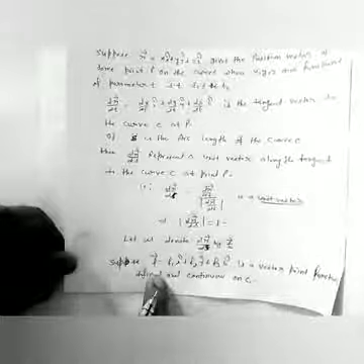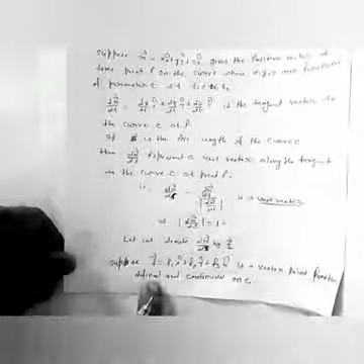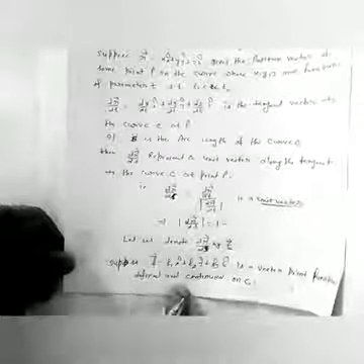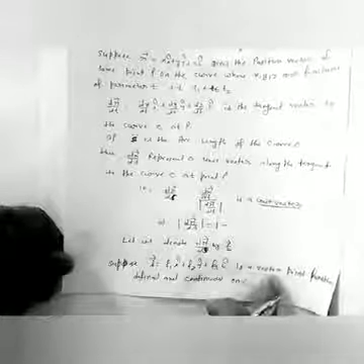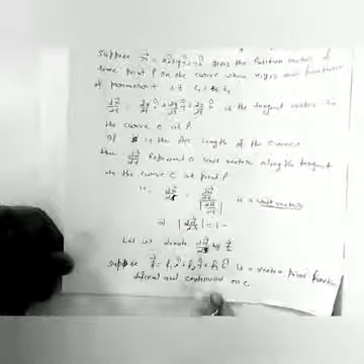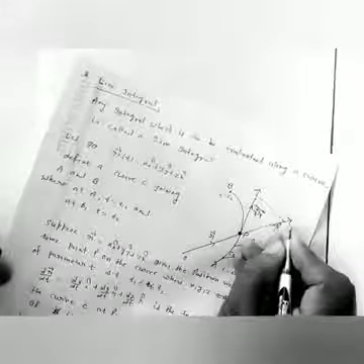Suppose f1 i cap + f2 j cap + f3 k cap is a vector point function defined and continuous on the curve C. Means we have a vector point function which is defined and continuous on curve C. At point P, consider the f vector, which is continuous and defined on the curve AB.